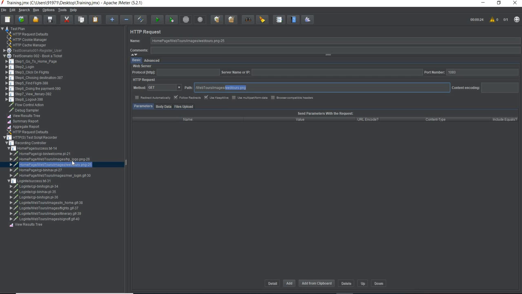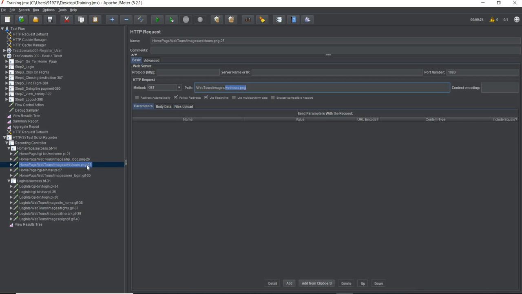It depends completely on you if you want to wrap them into this transaction, so that the time required to fetch these logo files is also recorded. This is a good practice. I always make sure that I do not ignore them, but there are people who delete them because they take very minimal time, like 1 millisecond or 2 milliseconds. So you need to go to each one of them.